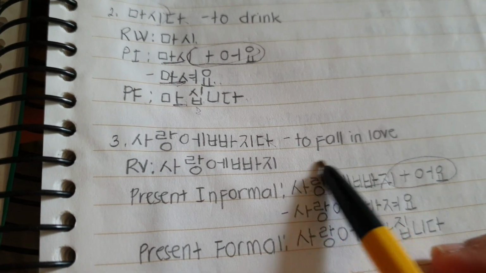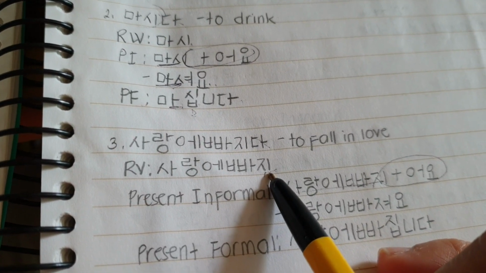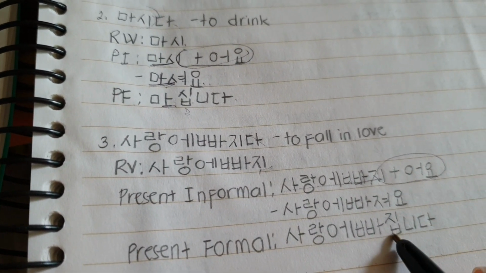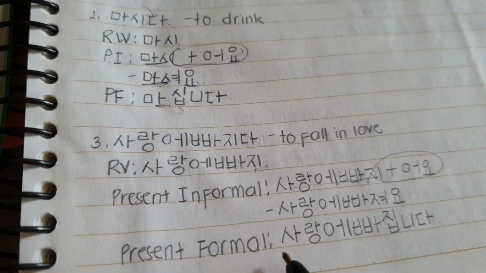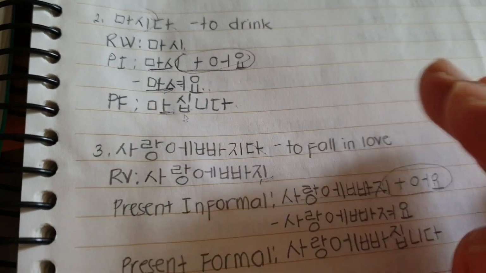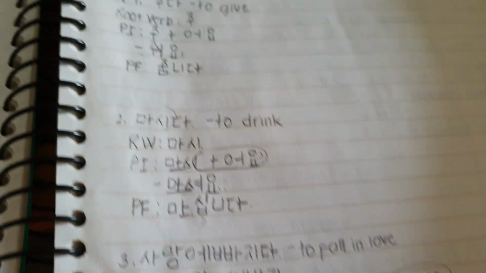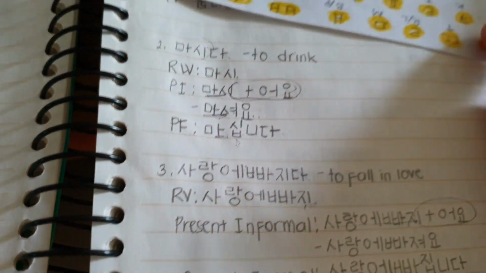Since the root verb ends with vowel, so 비입니다 is the additional. 사랑에 빠집니다. Okay, that's it, guys, and hope you're gonna see my next video, and don't forget to make this one